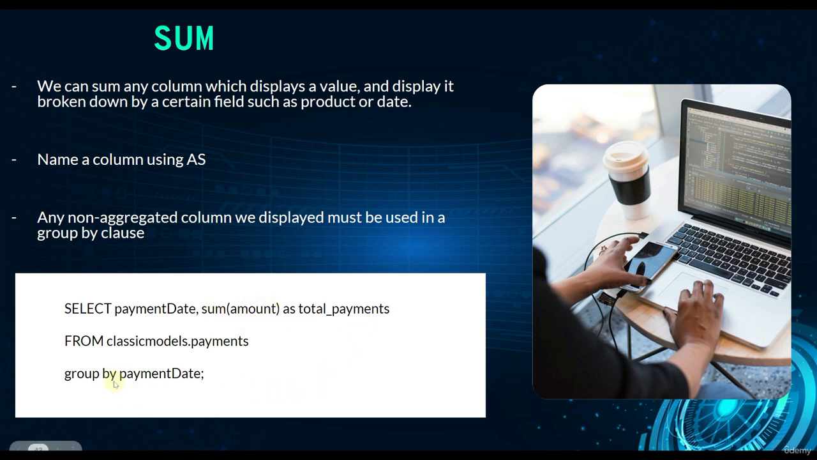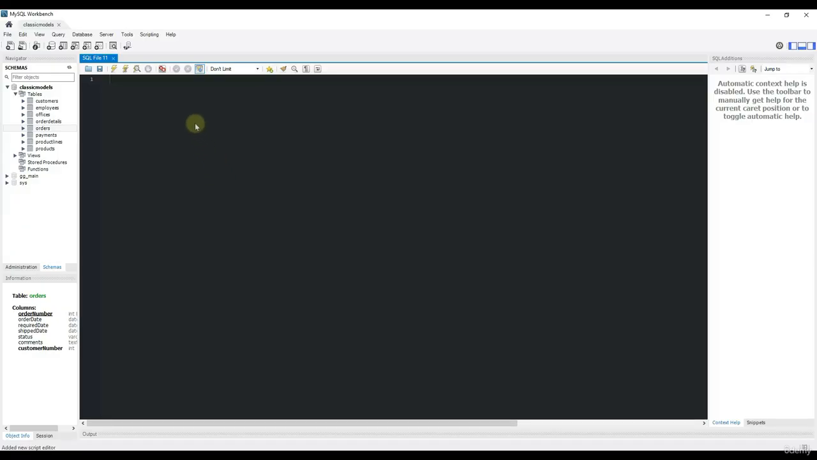You also have to group by any column that you are displaying which is not an aggregate function, and group by is added after the from statement. So let's run this short query in MySQL Workbench. Okay, so I've opened up a new query here. Before we add our group by and our sum, let's just have a look at the table. So it's the payments table,